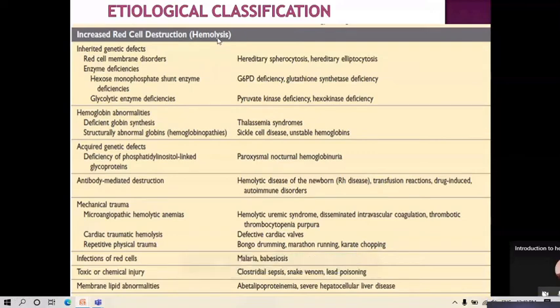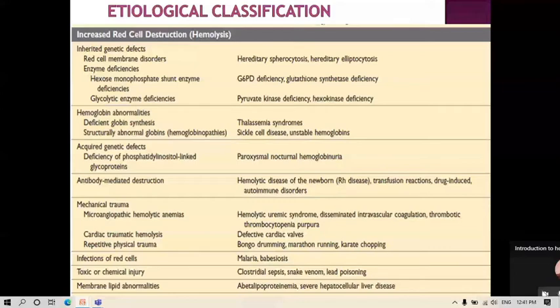And there are various others, like mechanical trauma, hemolytic uremic syndrome, DIC. These are conditions in which small clots are formed. As we know in the COVID times, the coagulation capacity has increased, so inside the capillaries small clots will start forming. Whenever the RBCs pass through these capillary channels, they will be destroyed. They will fragment, their shape will change, and those are known as fragmentation syndromes.